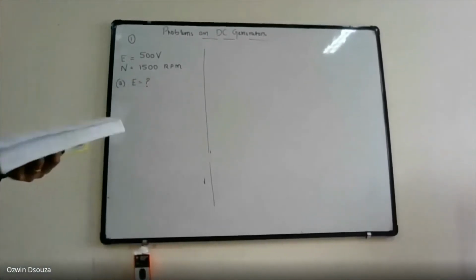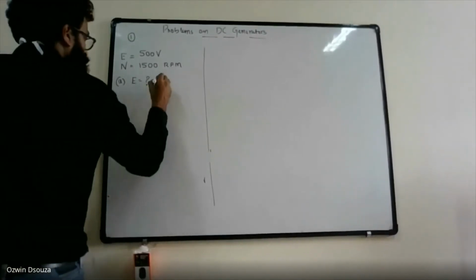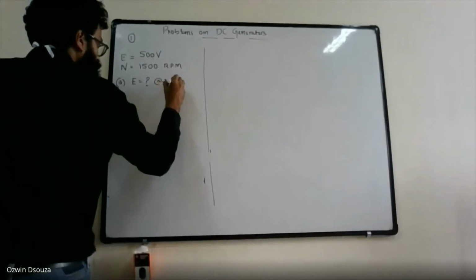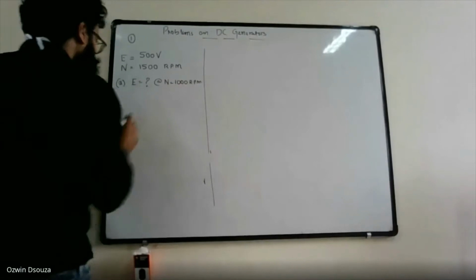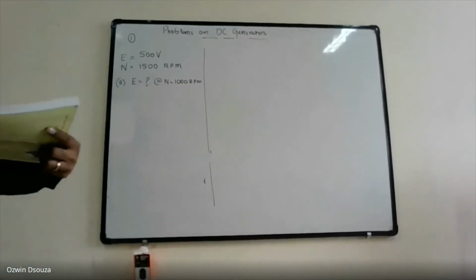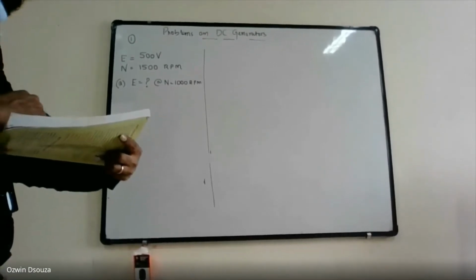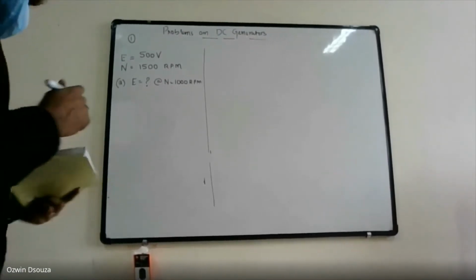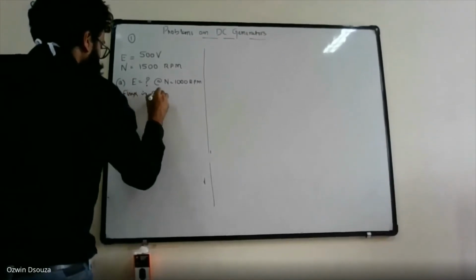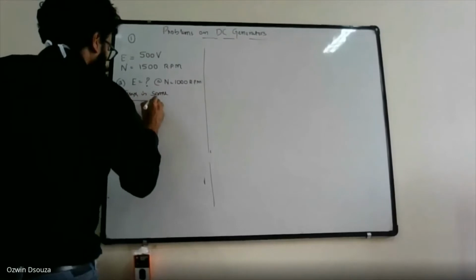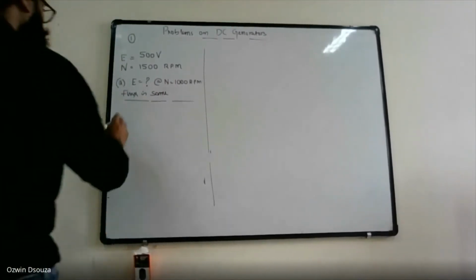Calculate the EMF induced when it runs at 1000 RPM, that is n is equal to 1000 RPM, the flux remaining the same. So flux is same. Then part B,